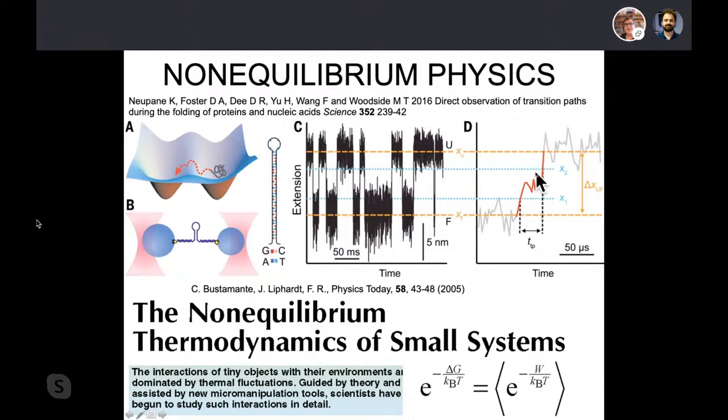So this is what is called an activated process, which is diffusive. It's one-dimensional, if you want, in this reaction coordinate, which is the molecular extension. It is a one-dimensional Kramers process with advection and diffusion. Okay, so this is beautiful because you can see that. Of course, you have to go to very short times, and here you see that the time scale, this is 50 microseconds, so the time scale is barely a few tens of microseconds.